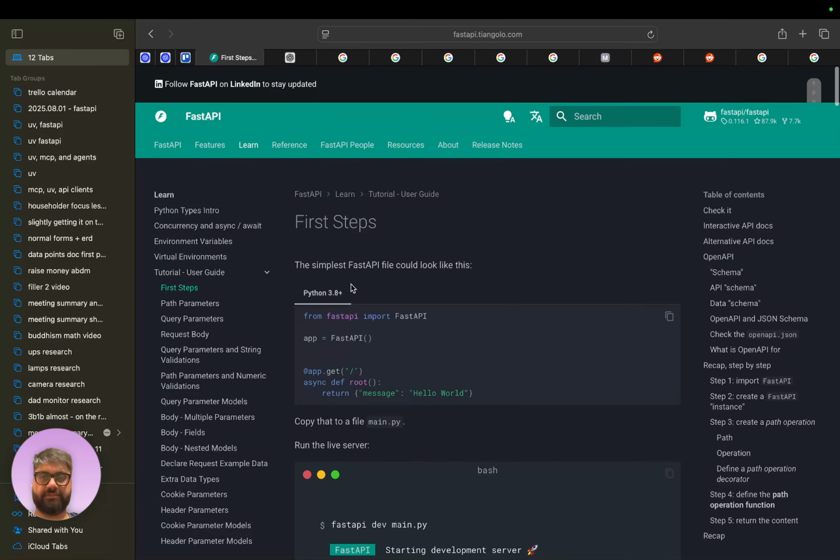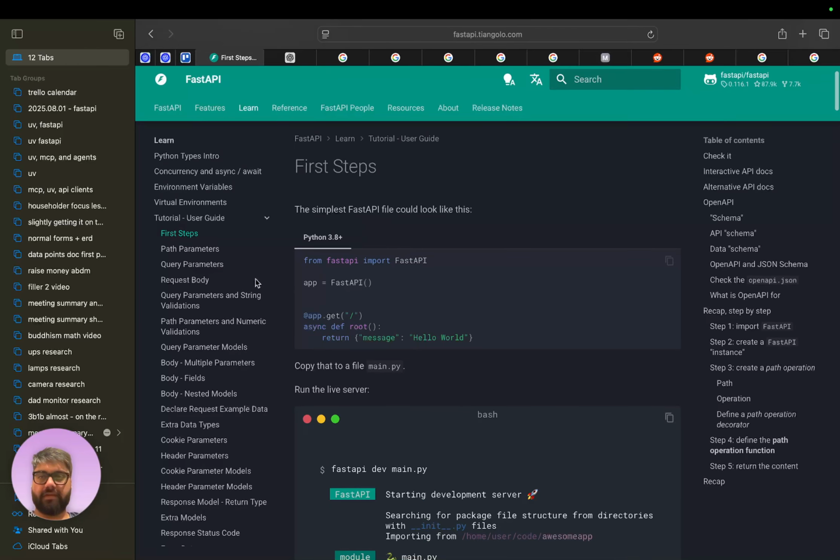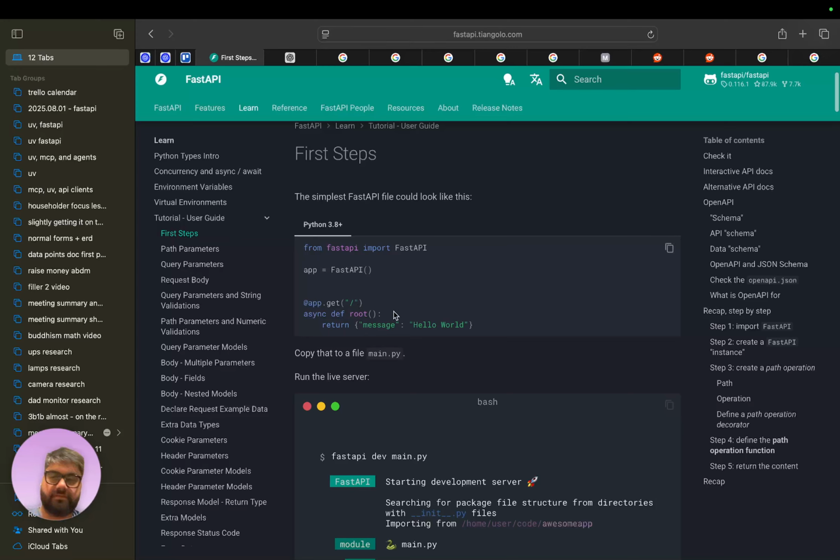No, it's just telling me, okay, so here's a very simple FastAPI app. They're going to get into this in this page and the following pages as well. But essentially, you import this, you create an instance of the FastAPI class with app, which is instantiated once.